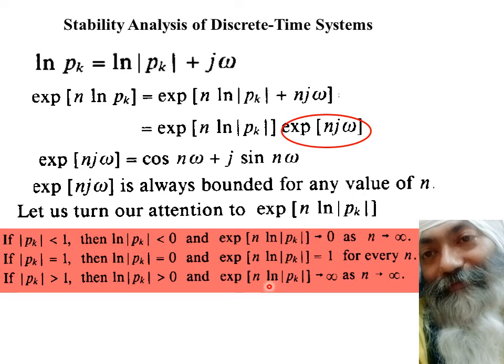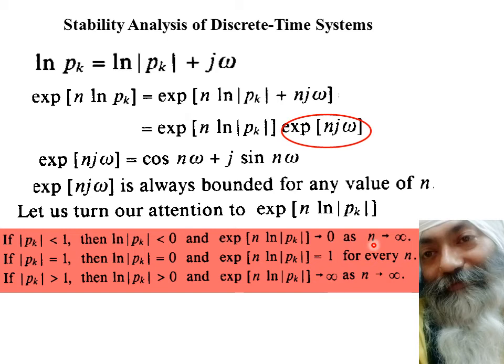As the value of n increases, this also increases and tends to become as high as the case may be. For n approaching infinity, this also may approach infinity. So we see that as the value of n increases to infinity, this value reduces from 1 to 0. As n increases to infinity, this always remains 1. And in this case, for n tending to infinity, this also becomes infinity.